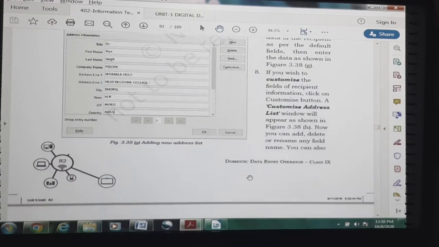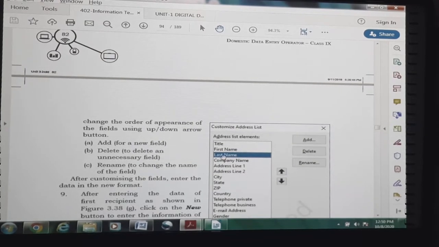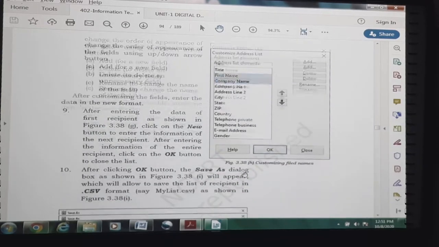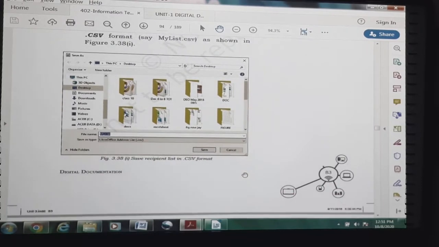See, under the customize option there is an option for changing these details as well. Based on our requirement, we can add or delete a field. But here I have not done it. I have simply gone with the default values.